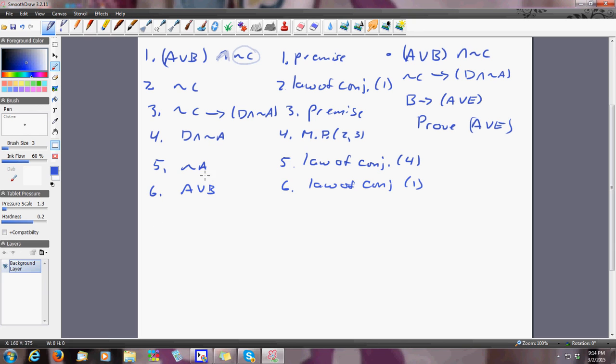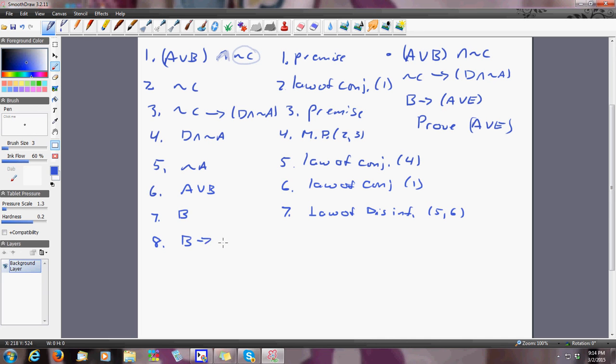But take a look what I have now. I have not A and I have A or B. That means not A is true, which means A must be false. But because it's A or B, that means that B must be true, and that's the law of disjunctive inference. And you're going to spell that out yourself on 5 and 6, which gives me B,